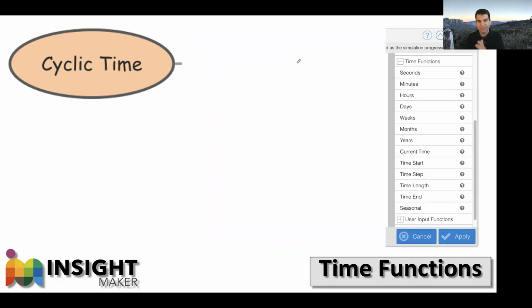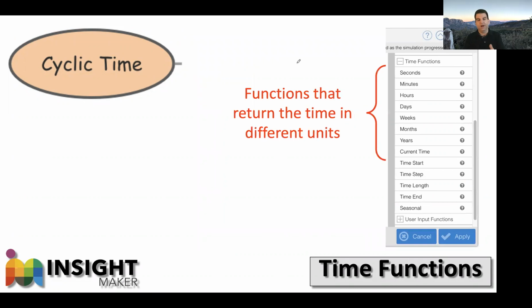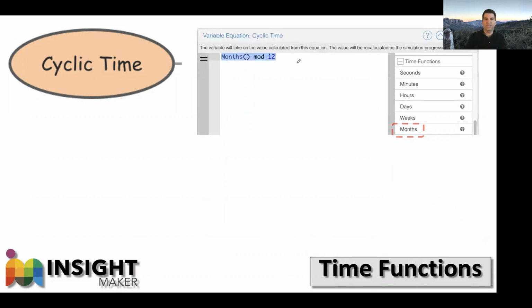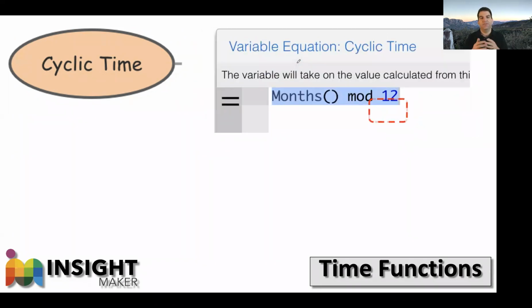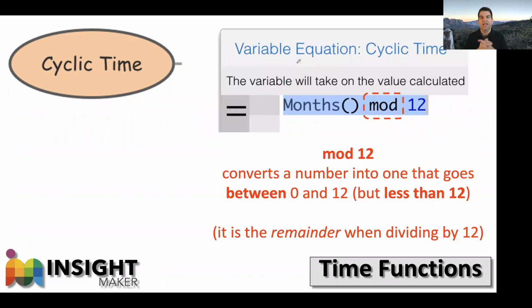So time functions, that's where I can get all these different times. I can pick out months, which is what I was doing here. And then I can focus here on this thing called the mod operator, modulo. This gives you the remainder when dividing by whatever number comes after it. So when I have mod 12, what that's going to do is take whatever number is here, divide it by 12, and then look to see what the remainder is, and that is what's going to